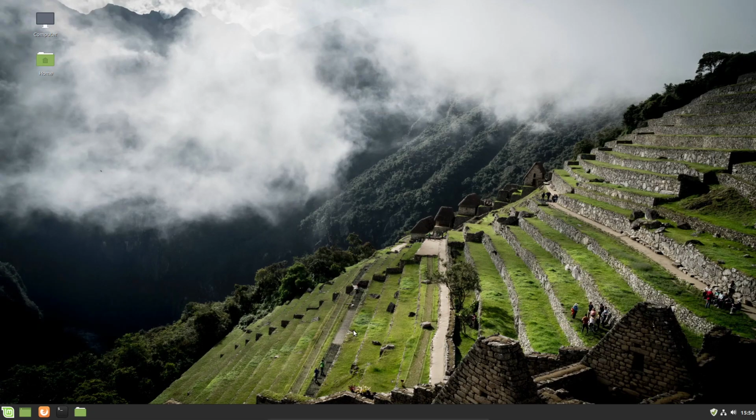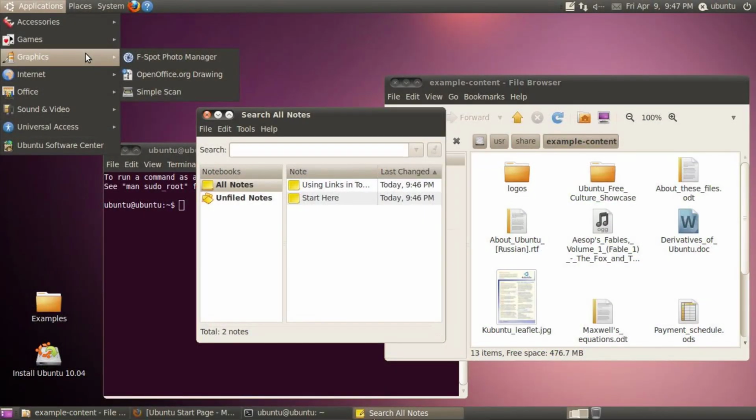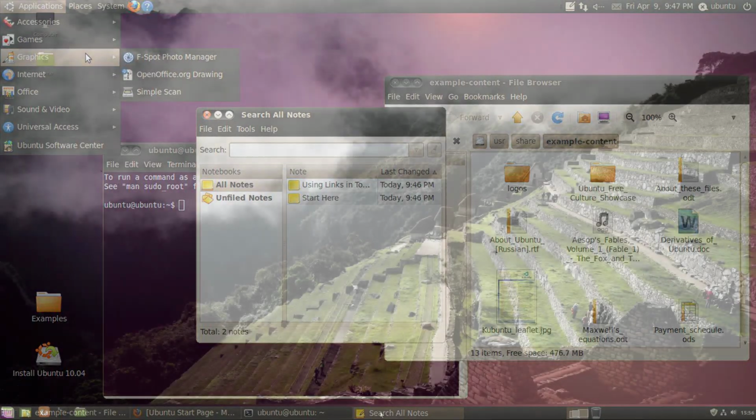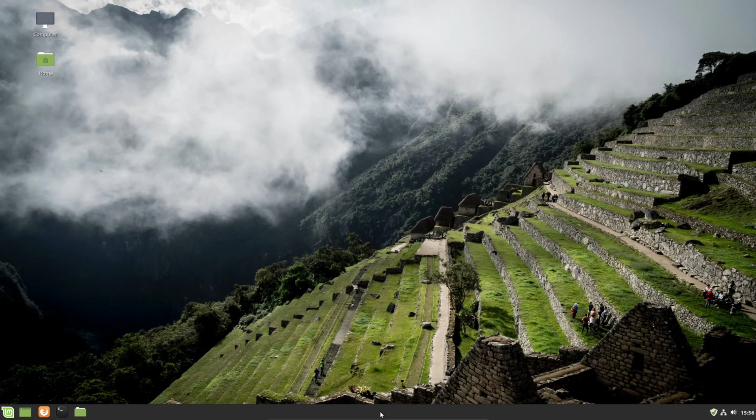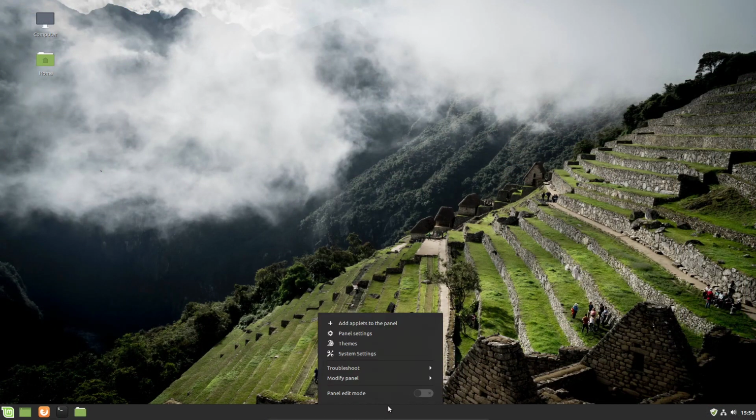Okay, so one of the things that I personally like to do, and I'm going to give you a couple of my personal favorite things, but you can do this however you want. This is just showing you, again, some of the cool things that are possible. For me, I actually put the panel at the top. I am not a panel at the bottom guy. Ever since this feature was available in the earliest releases of Ubuntu, I have loved having the panel at the top. That's just me. So how I do that is I right click on the panel down here